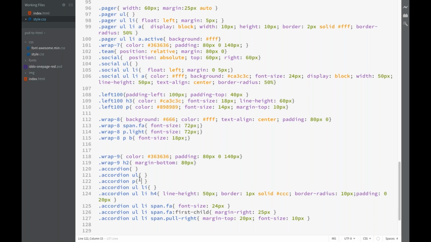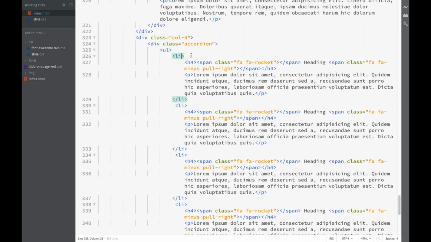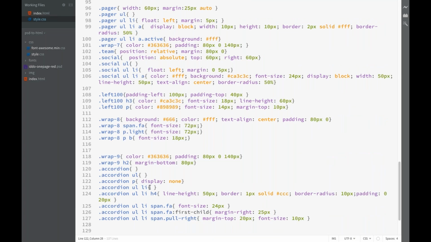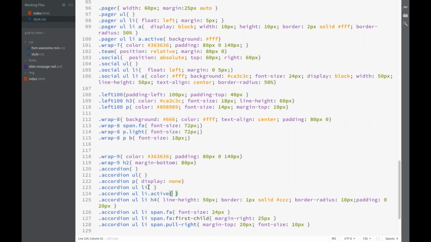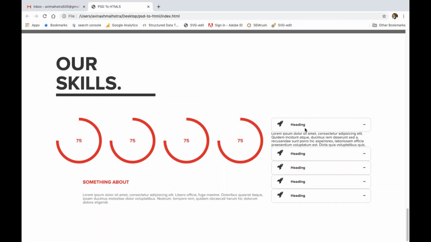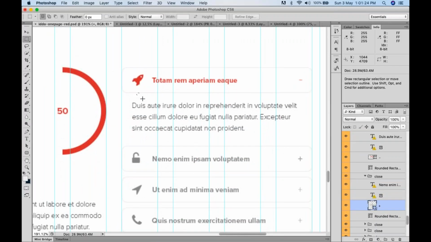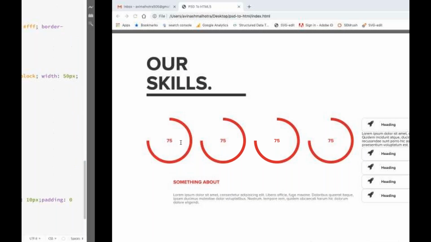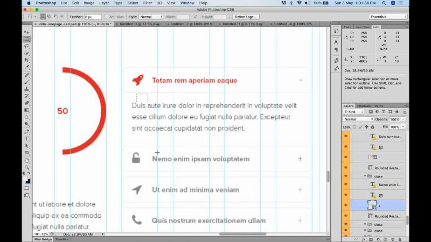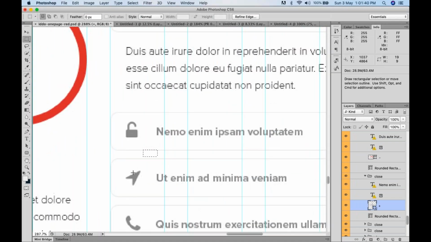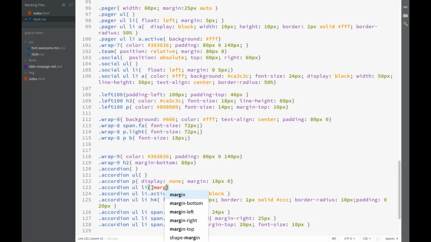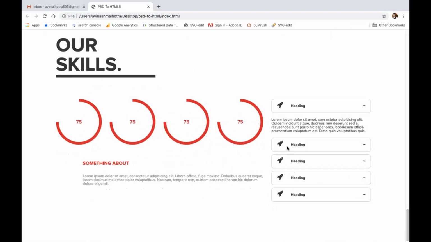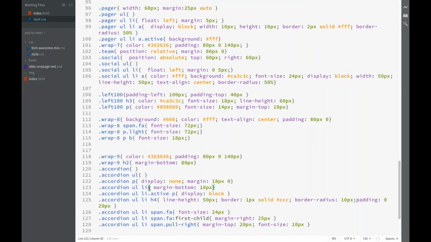तो अकॉर्डियन का p डिस्प्ले नन, तो सबका डिस्प्ले नन हो जाएगा। बट एक्टिव कौन सा है, फर्स्ट एलाई। एलाई डॉट एक्टिव हो, तो उसका p का डिस्प्ले ब्लॉक हो जाए, तो ये एक्टिव है तो इसका p का डिस्प्ले ब्लॉक। ऐड सम मार्जिन, 18/0, तो ये ऊपर से गैप ले लेगा। देन यहाँ पे भी गैप है, सो चेक दिस गैप, थोड़ा सा एक्यूरेटली करना। दिस इज 10, तो विद इन li मार्जिन बॉटम 10 पिक्सल, तो ये 10 हो जाएगा।